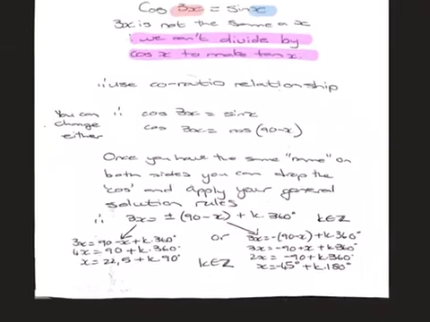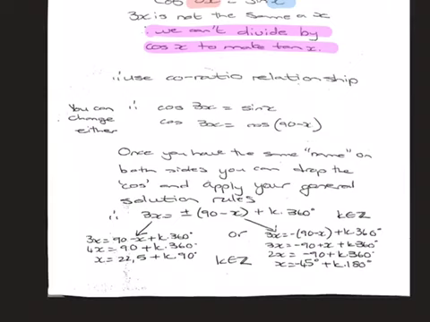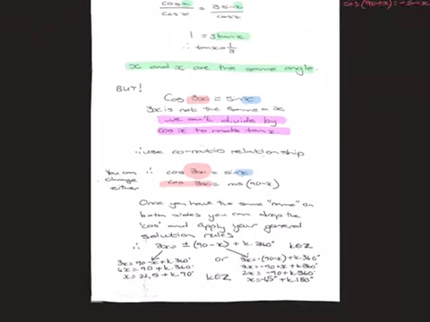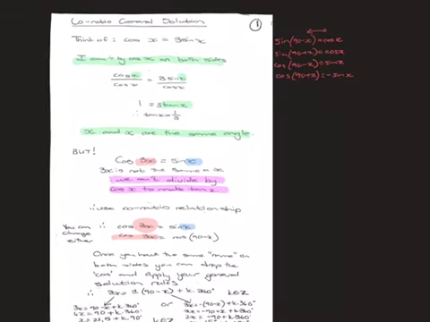All right, so we use the co-ratio relationship. Now, you can change either. My preference is to always change the one on the right-hand side, but that's completely up to you. If you prefer to work with coses or you prefer to work with sines, that's fine. All right, so cos of 3x equals sine of x. I'm keeping the 3x as is, but going back here,